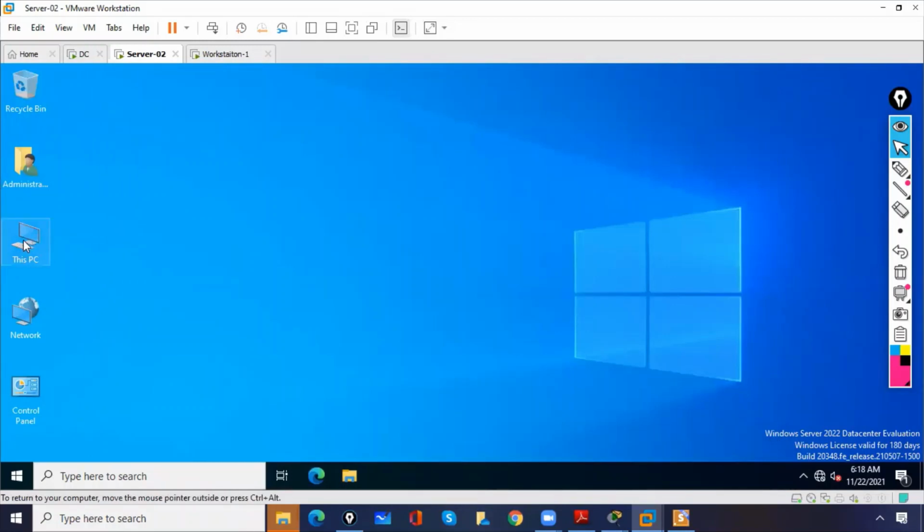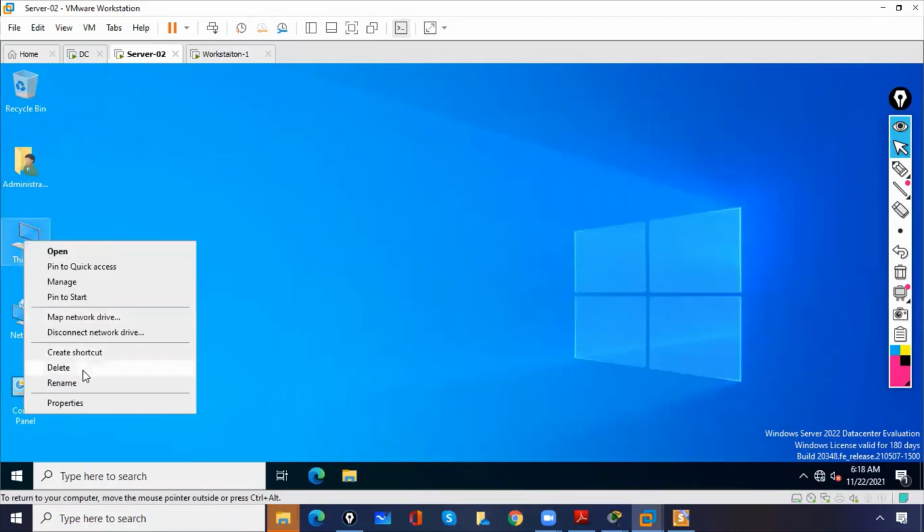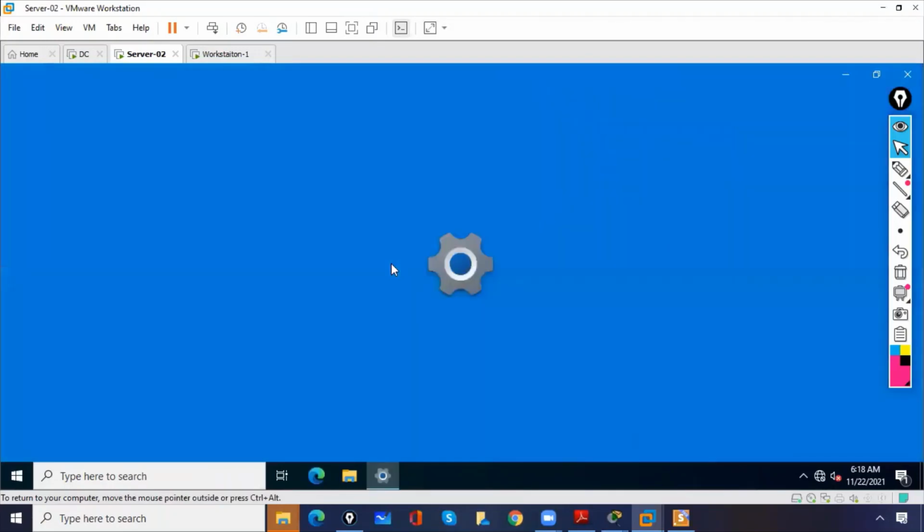Let us verify. So we'll go to this PC, right click, properties,